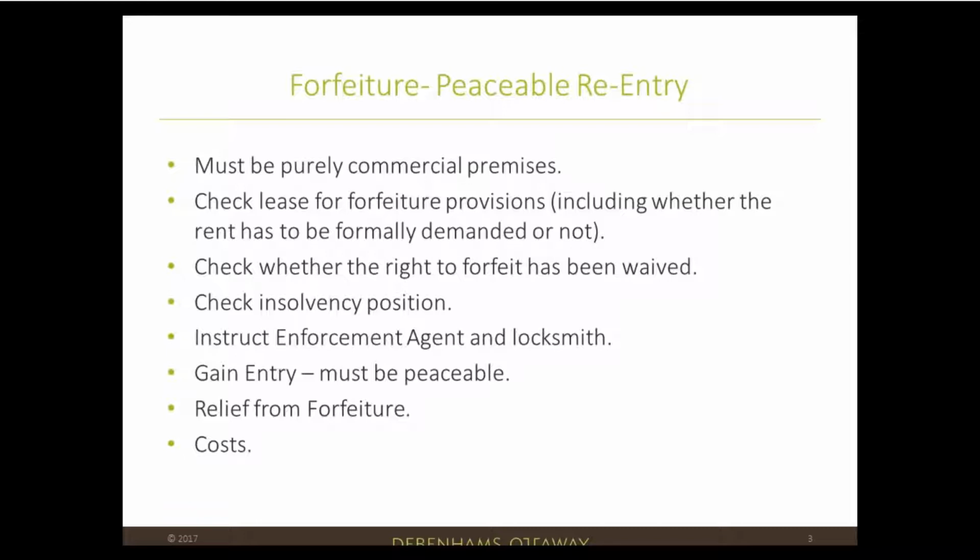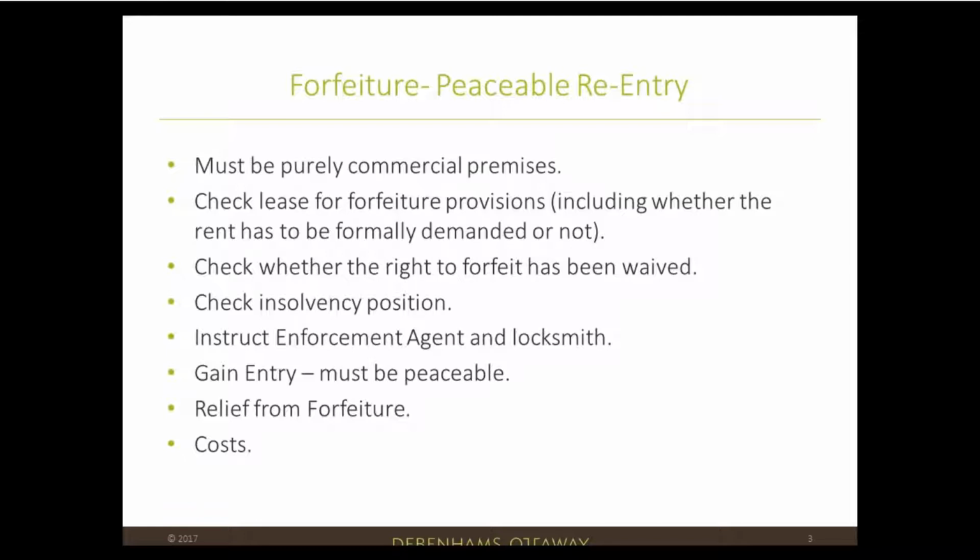What happens once you do actually manage to get the premises locked up and the keys handed back to you? Well, normally you'll get a panicked telephone call from the tenant that day or the next day, depending on when you forfeited, asking you what on earth is going on because they can't get into the premises. At that stage, my response to the tenant would be, speak to my solicitor. And your solicitor should say to them, well, you haven't paid your rent, this is how much you owe, this is how much interest is due, these are our costs,